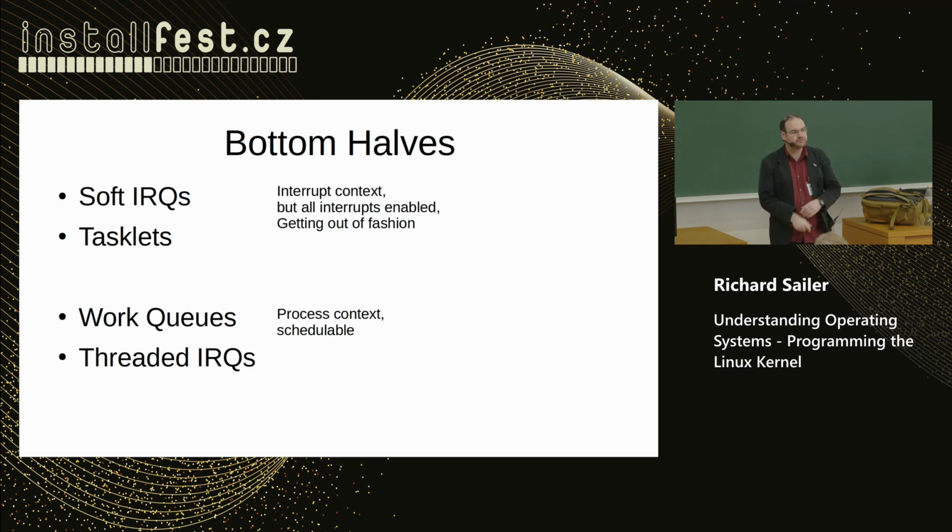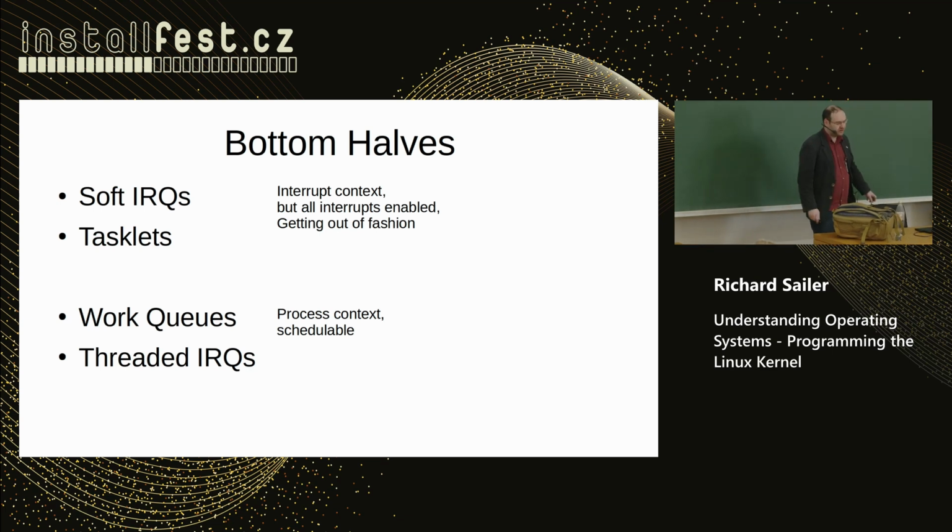So there are very few things that fall in this specific category: not urgent enough for the direct interrupt handler, but so urgent that you cannot put them in a work queue. So that are very, very few. Those are the usual solutions you should use today. Especially the threaded IRQs are the new hot thing in the Linux kernel. And Windows and Mac have such things too, but I'm very sure they have different names.